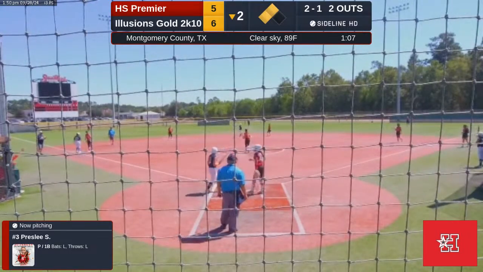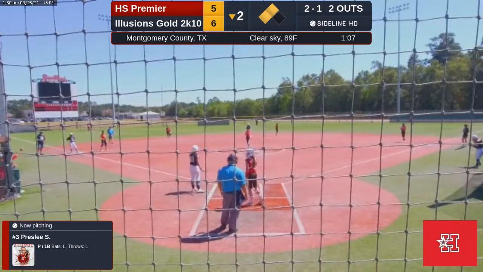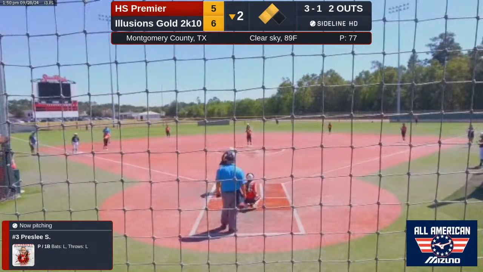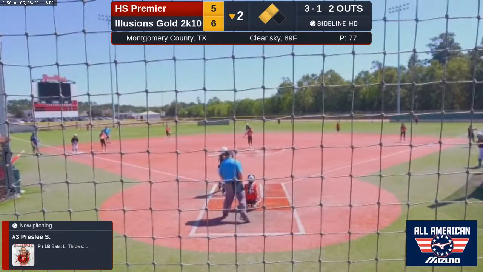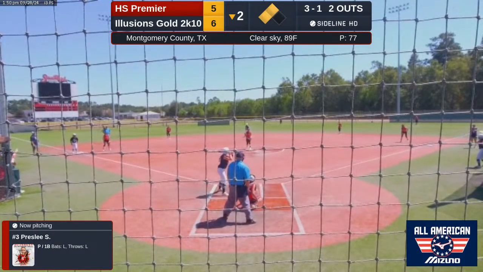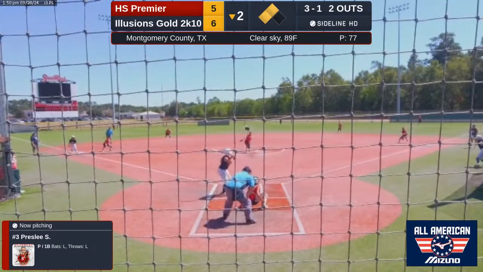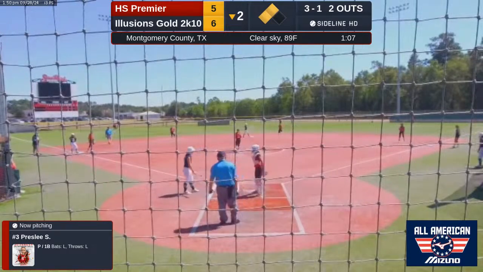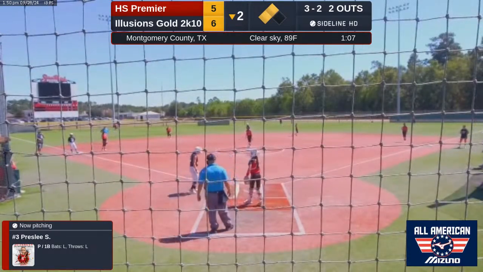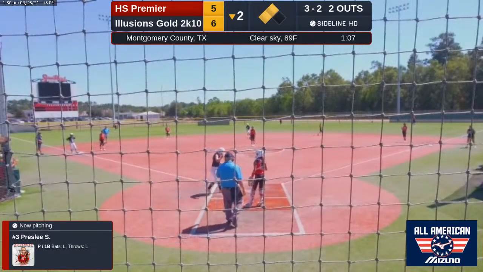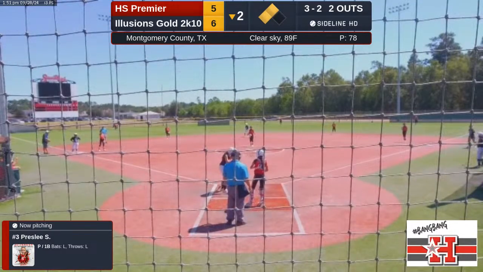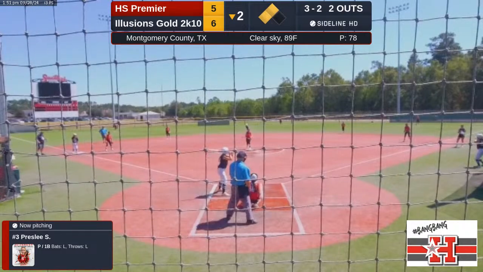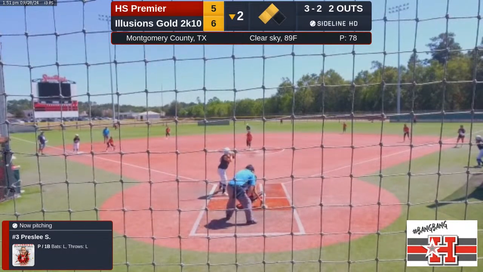You got a 3-1 count. Three and one, 2 outs. Here's the pitch. It's called strike 2. Full count. KB is now shaded towards right field.